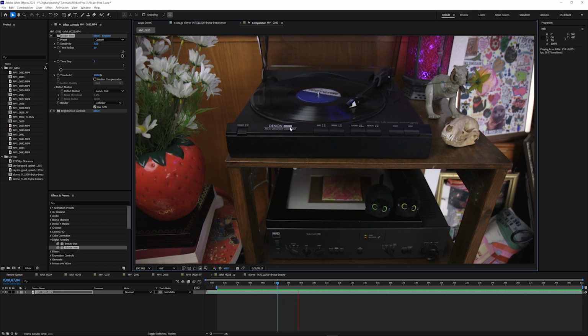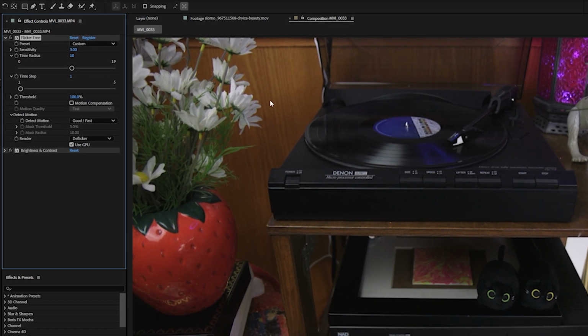So, for example, this clip has some bad flicker, some fast flicker, and these slow rolling bands. Setting the time radius to 10 reduces the overall appearance of the flicker, but I can still see the rolling bands. Increasing the time radius up to 19 reduces the banding a lot more, and I can also use the